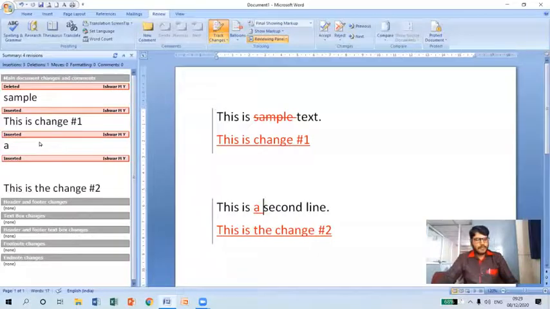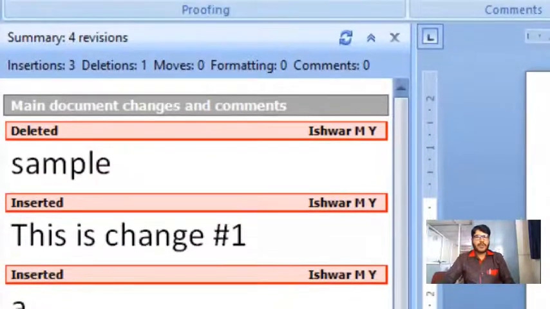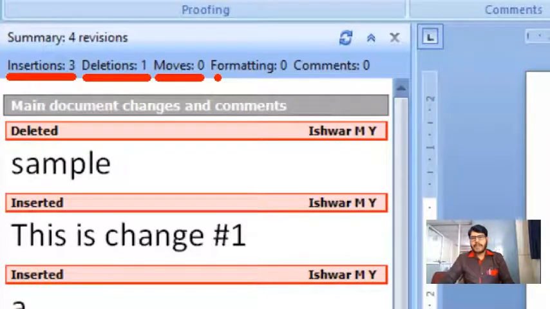As you can see at the left hand side, it is showing a separate window. As you can see here, we made 3 insertions and we deleted 1 item here, and we have not moved any content, and even we are not performing any formatting options, and also we have not inserted any comments here.